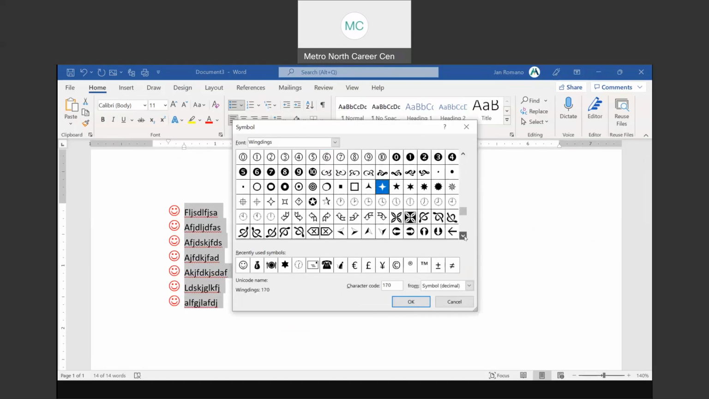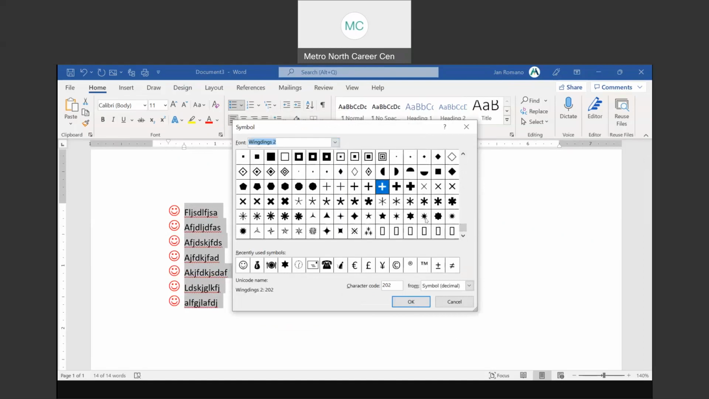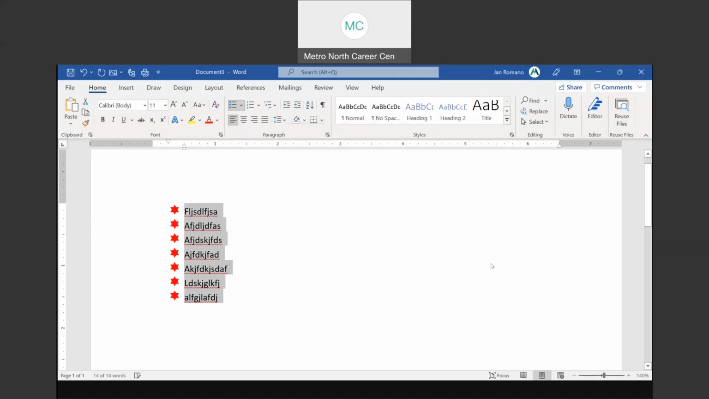You can look through. If you don't see what you like, you come up to the top and choose a different option. So I'll go to Wingdings 2. I'll use this star here, click OK, and OK, and then I'll get stars. All right, any questions? The other thing that I want to make sure that everybody knows is you never center